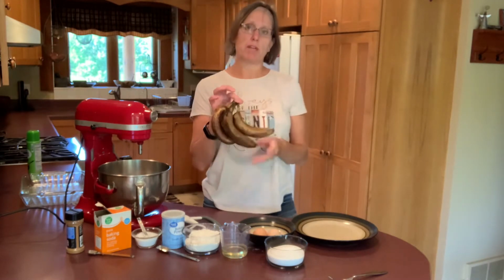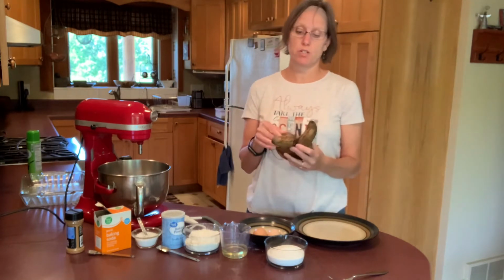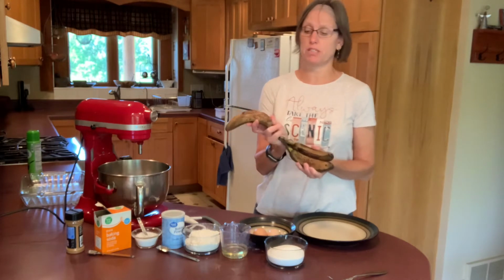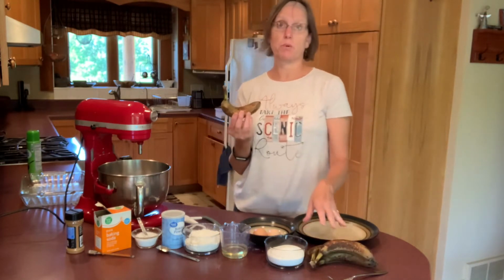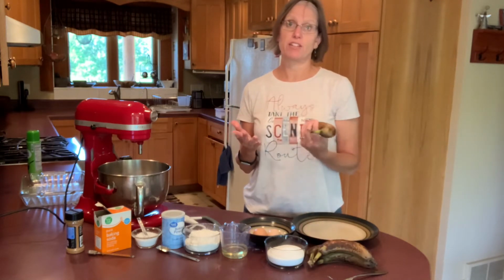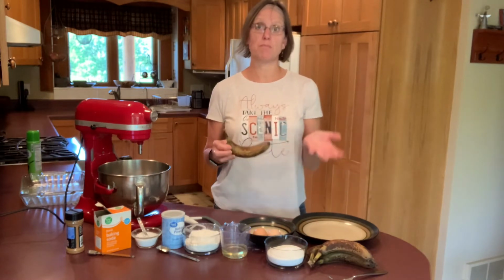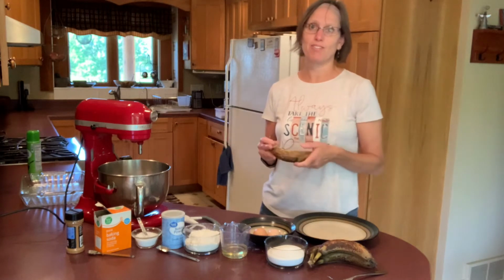Now, anytime you want to make banana bread, banana bars, banana muffins, the best way to make that is with these bananas that have pretty much gone almost completely black. These can also be thrown in the freezer at this point when you start to see them get pretty mushy, and they will really turn black in your freezer, but then you can just set them on the counter to thaw enough that you can mash them and use them whenever it is convenient to make one of those types